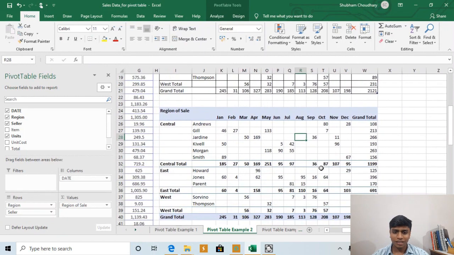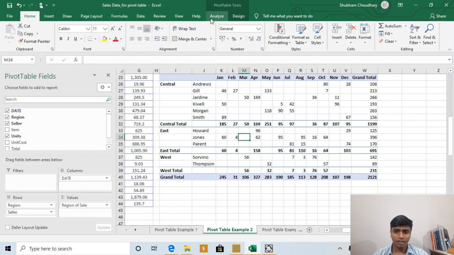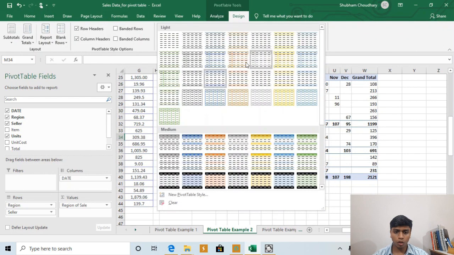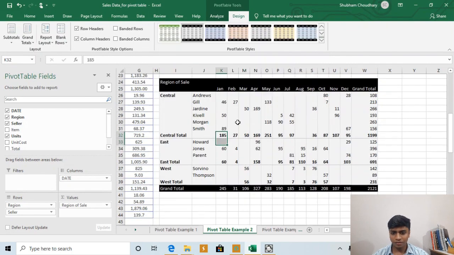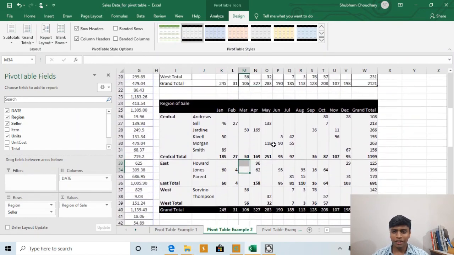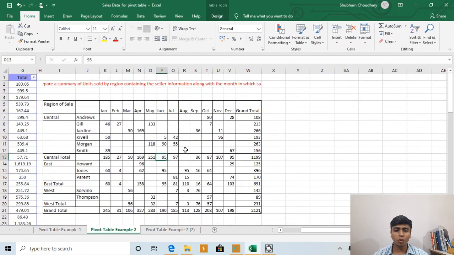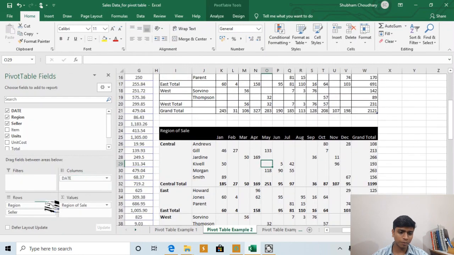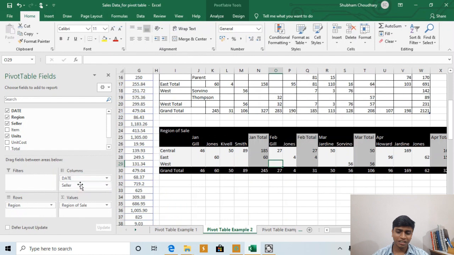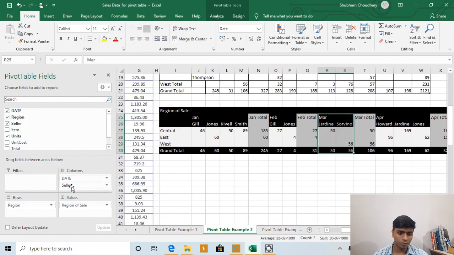So friends, let's do some formatting now. We will go back to the design tab and create a kind of format or the border we want. So let's leave it like this. I hope you are getting this pivot table. This is very easy, no formula required, and so flexible. At any point of time now we can change. We just have to pick and drop the things from here to here, and you can see the data and the report will easily change, no problem.